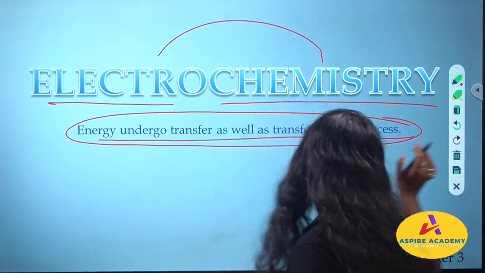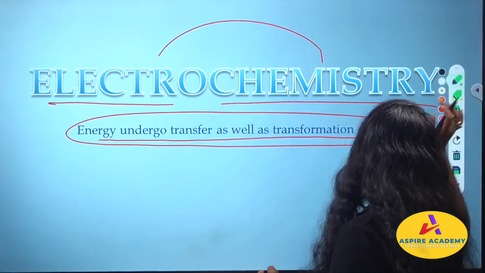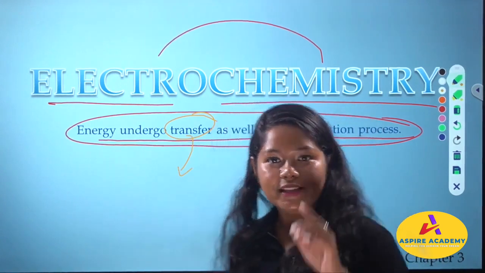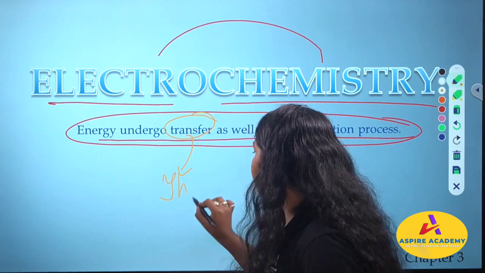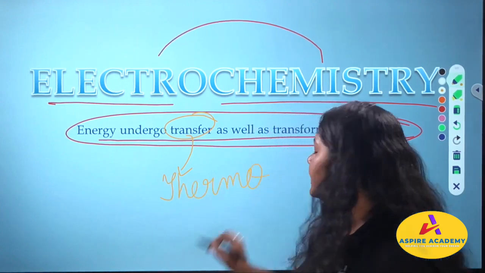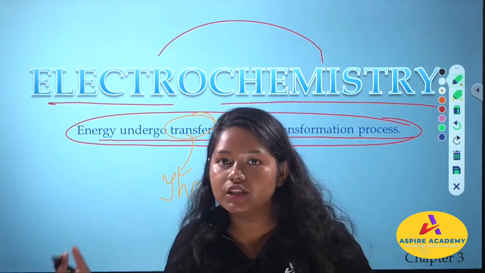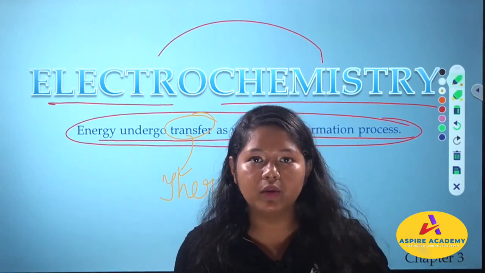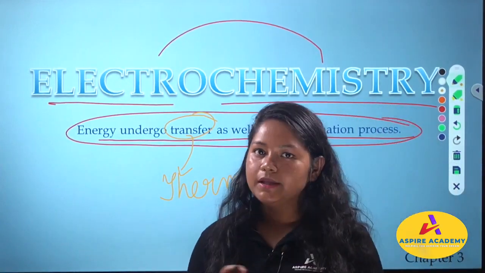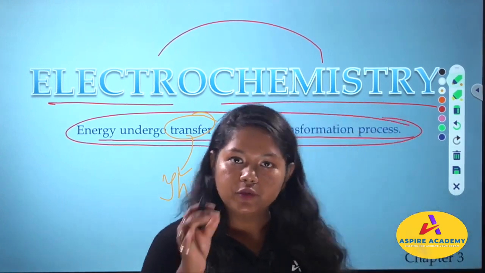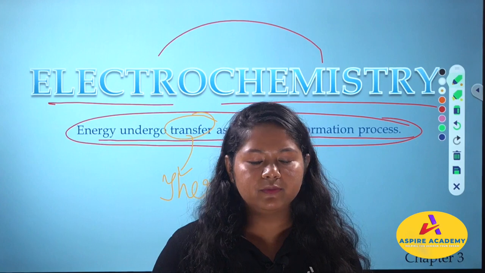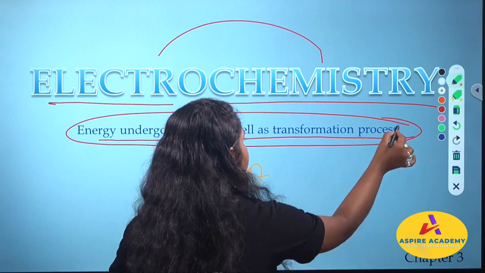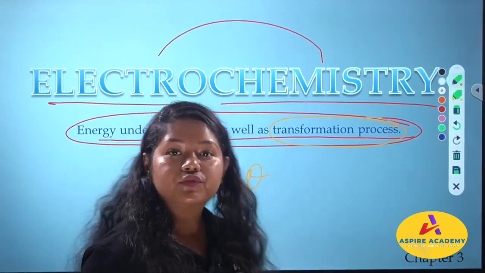Okay, this particular term, you have studied this in your class 11th in your thermodynamics, right? If you remember, you have studied about the transfer, when a reaction is happening, in your reactant side, in your product side, there is something going on, right? So you have studied about thermodynamics in your class 11th. If you don't remember, whenever it is required, we will get into the details of thermodynamics. And as of now, you have to keep in mind this term, transformation process.